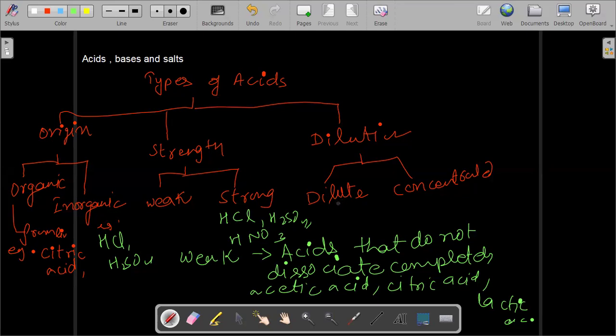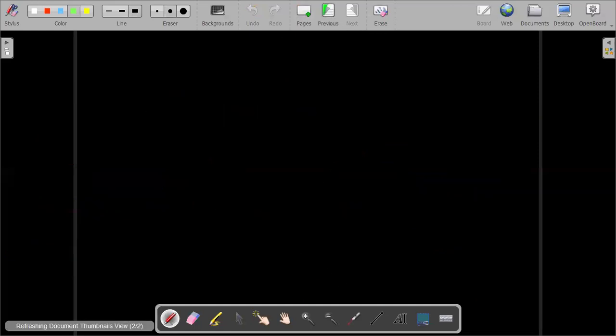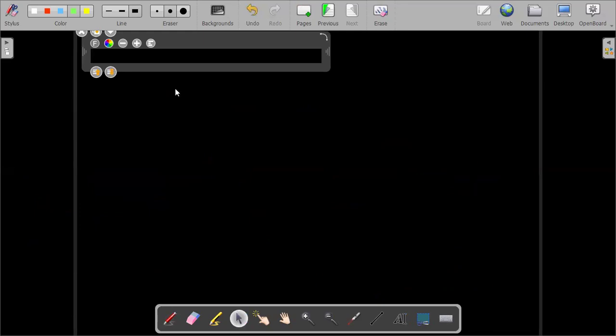How can we dilute the acids? Let's see the method of dilution, how we dilute the acids. Slowly adding water to it, while it's mixing, while spinning. Okay, so dilution, it is the process of